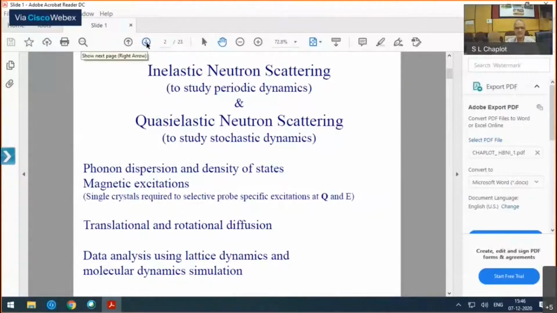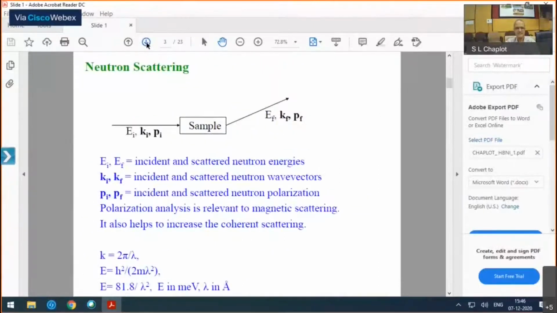Let's see whether something more can be said. At some stage, I'll give some assignments. So what I would like you to know is the simple concepts and also some numbers. For example, given the wavelength, how do you get the energies and what are the values like? One can actually derive it. This you would have already done. But in the context of inelastic scattering,